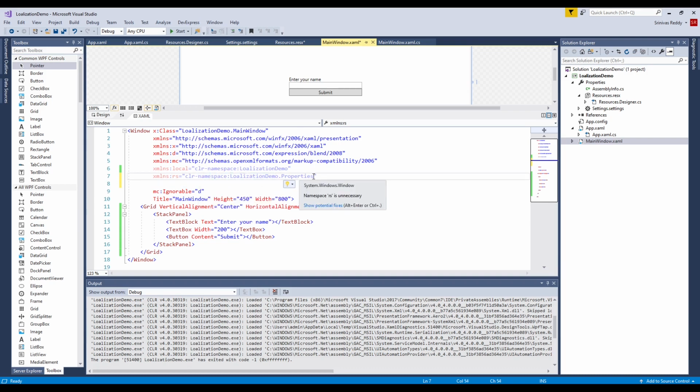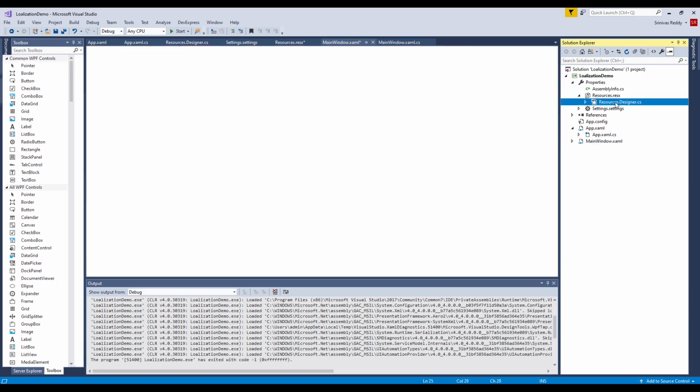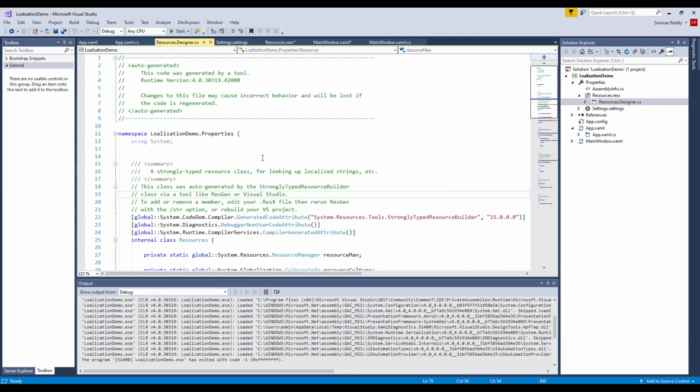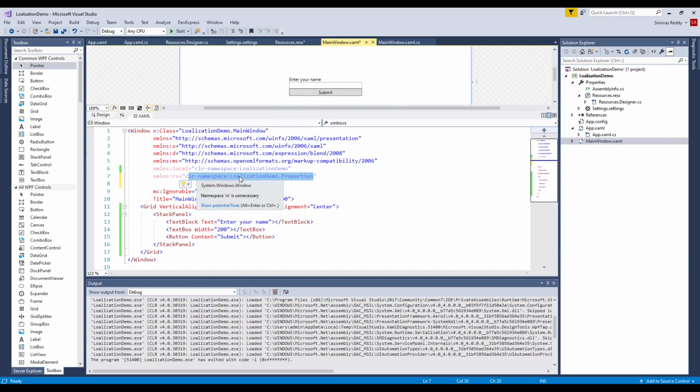This namespace name you have to take from the resource file. So in your application, whatever name comes as part of this namespace, that name you have to maintain here.